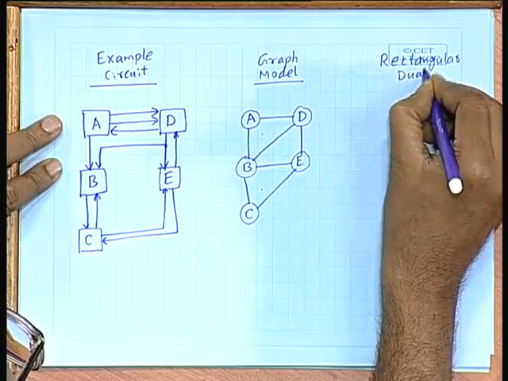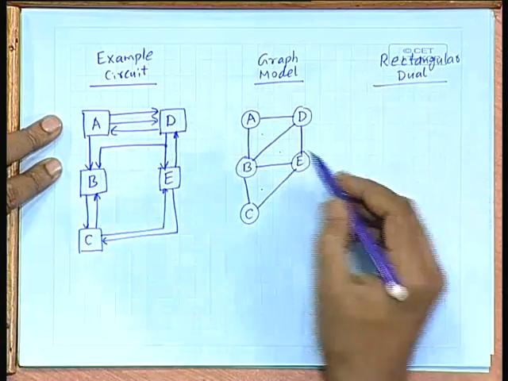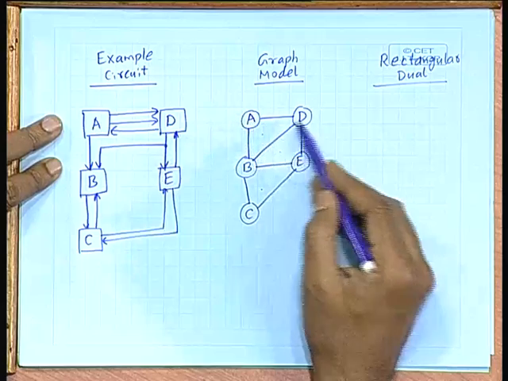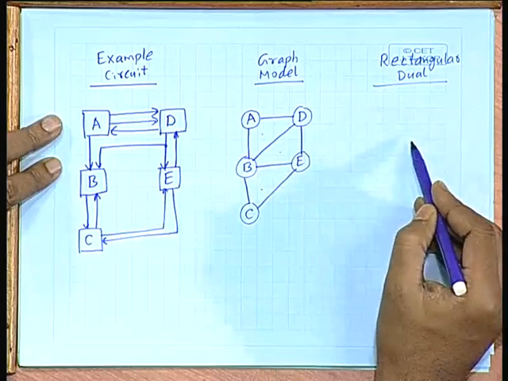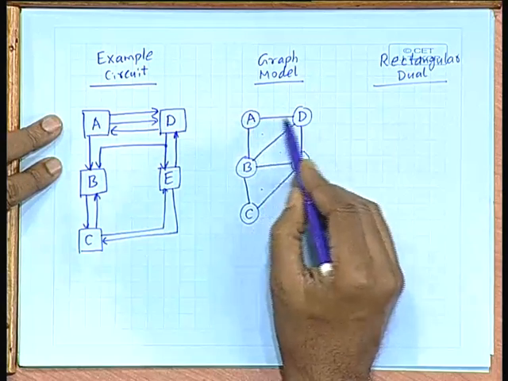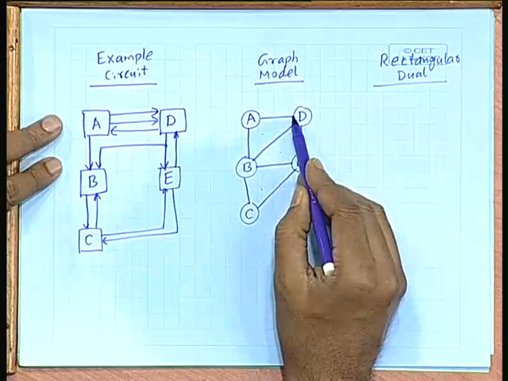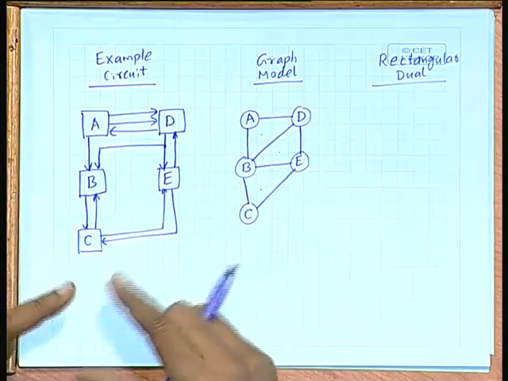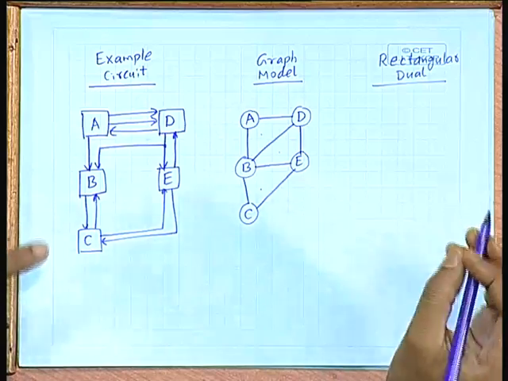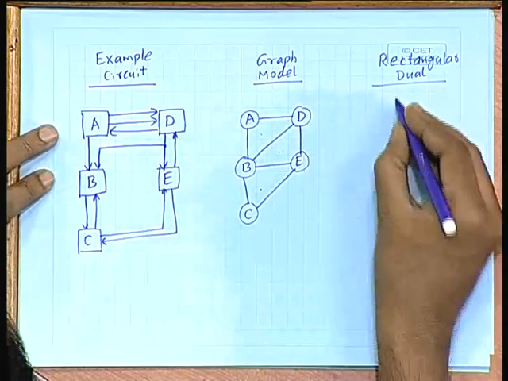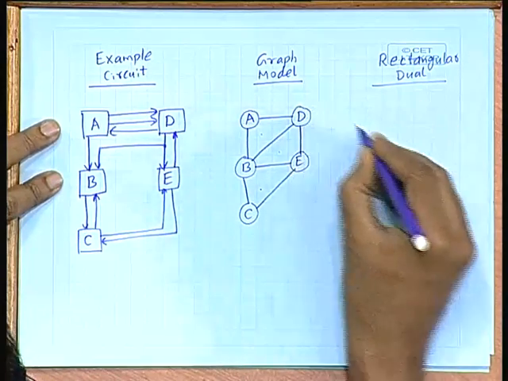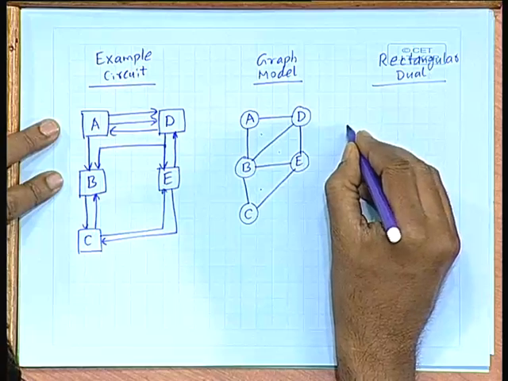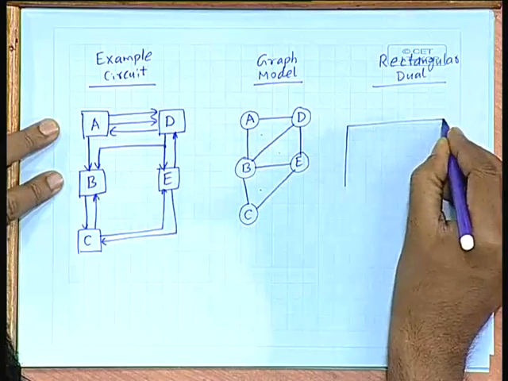A rectangular dual is a graph where, corresponding to each vertex, you get a rectangle, and if two vertices are connected by an edge, the two corresponding rectangles will touch in at least some non-overlapping area. One such rectangular dual, which is again not unique, for this graph is